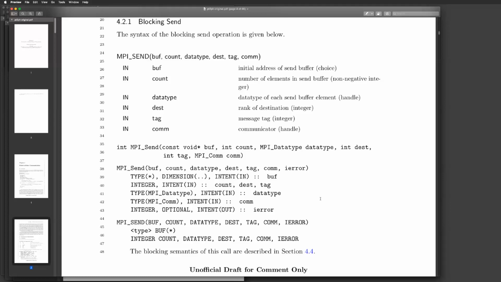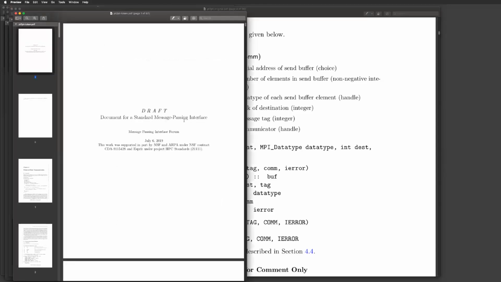Yeah. Okay. So here's what we've got in MPI 3.1. This is before Martin and I changed anything. So this is just for comparison's sake. Now let's look at